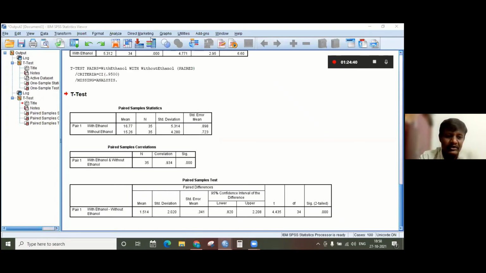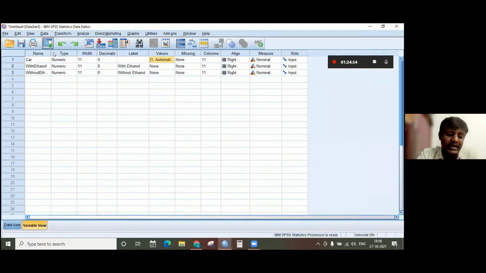To confirm this, we can go with the third type of t-test. Our third question is whether efficiency of engine with and without ethanol differs between manual and automatic cars. We are putting it in a little complicated way.